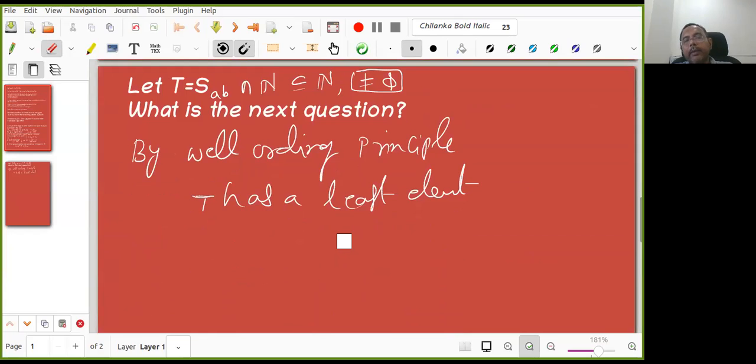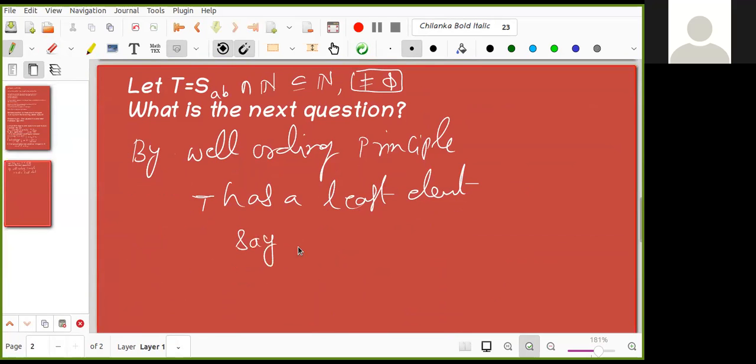Okay, now again come back to this original question. I'll erase everything now. See, Kanishk, what I asked is that it has a least element, right? Yes, sir. So the least element we'll give some name. Least element, how many will be there? Unique, right? Yes, sir.